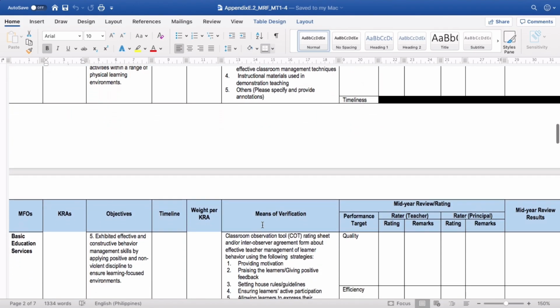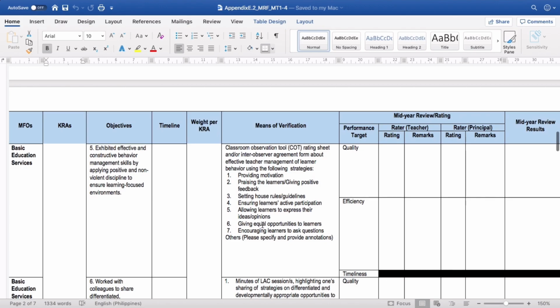and others. Objective 5. Exhibit effective and constructive behavior management skills by applying positive and non-violent discipline to ensure learning-focused environments. What are the MOVs? The COT, pero doon po ay nakalagay or naka-indicate kung paano kayo nag-provide ng motivation, nagkaroon kayo ng positive feedback,